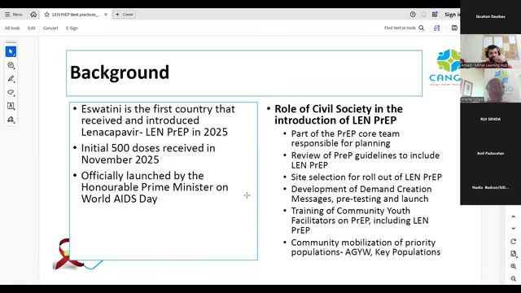As we prepare for the GC8 discussions, we'd love to highlight our role as civil society in the